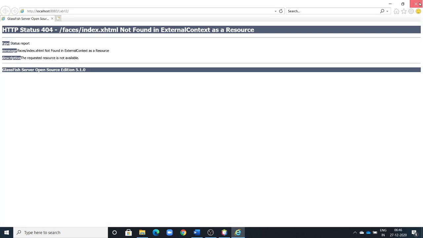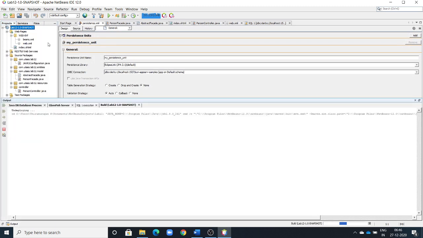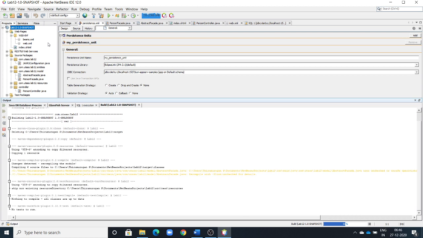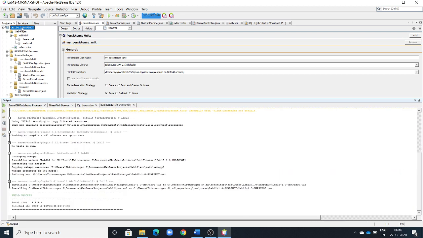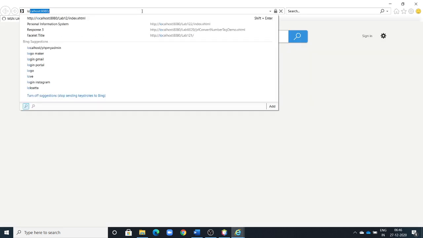Okay, suppose if it is not showing, one option we can run. This is the worst case only. See, once it is run, it's not working. We'll do clean and build. Okay. Localhost.